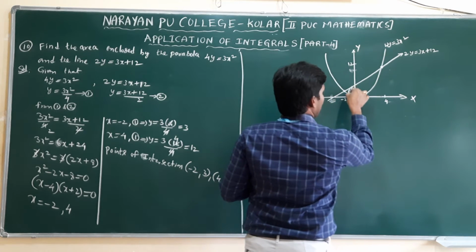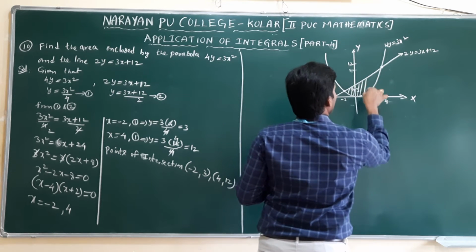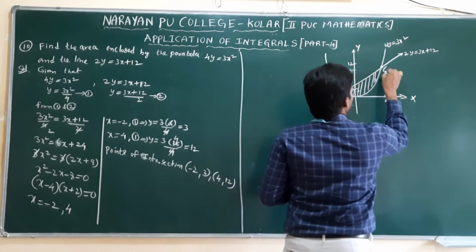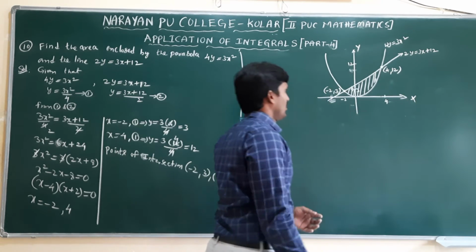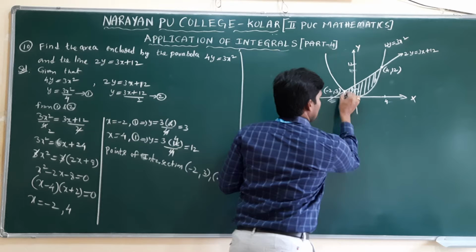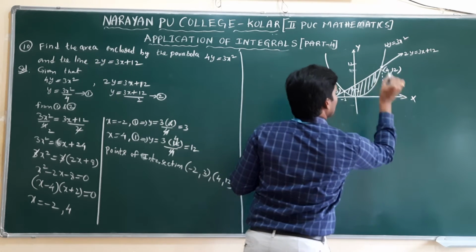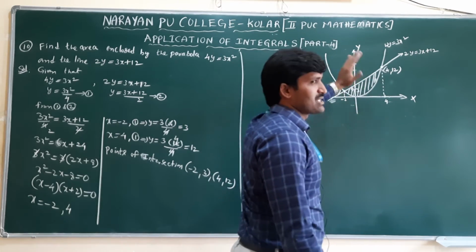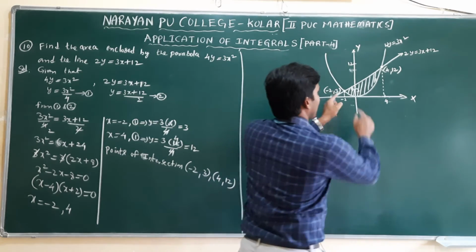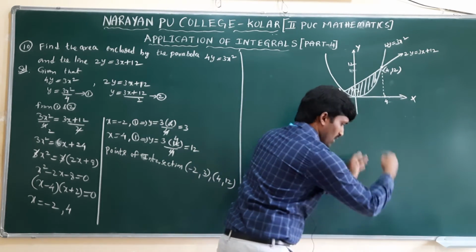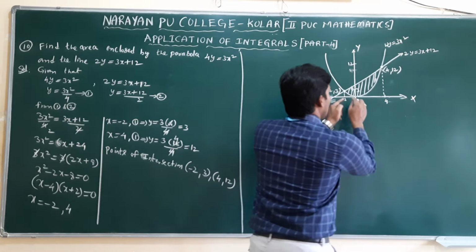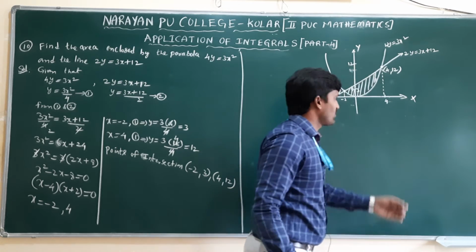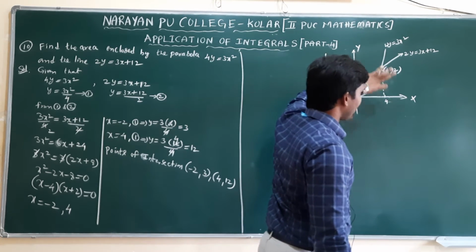Now this is the region we need to find, between these two. This point is minus 2 comma 3. This point is 4 comma 12. The reason: from where to where? Observe clearly. From minus 2 to 4, upper is a line, lower is a curve. We need to subtract upper minus lower. Reason: if you take only the line, this complete part will come, including the unshaded part also. But to get only this bounded region, below the curve whatever is there we need to remove. That's why we are taking upper curve minus lower curve.